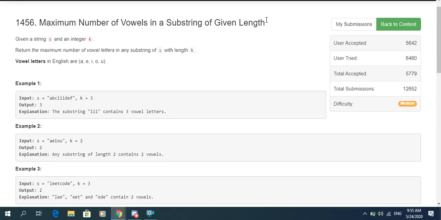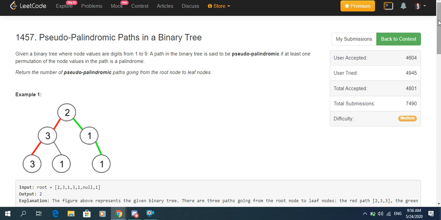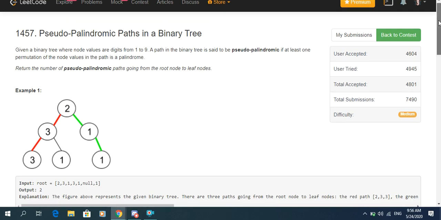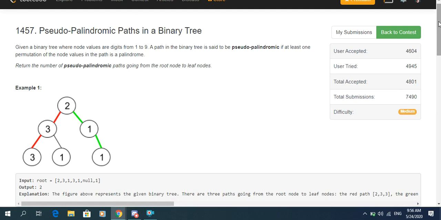That's it for the second problem. Now let's go to the third problem. So in the third problem, we're given a binary tree with node values being digits from 1 to 9,